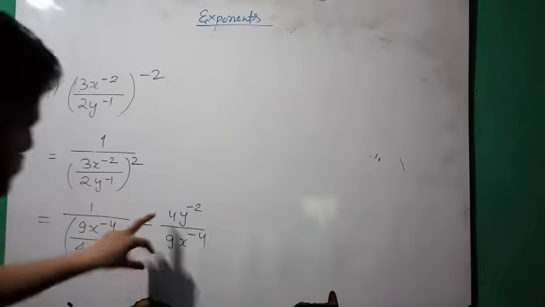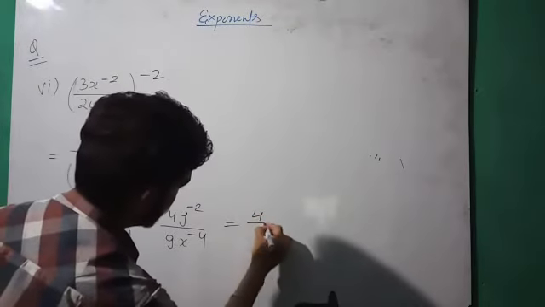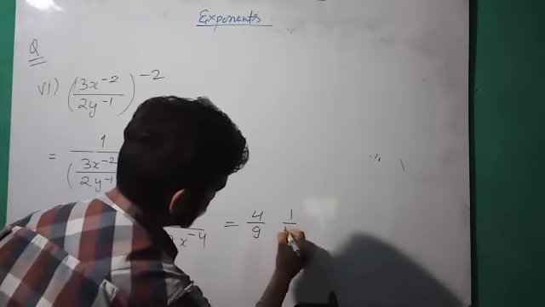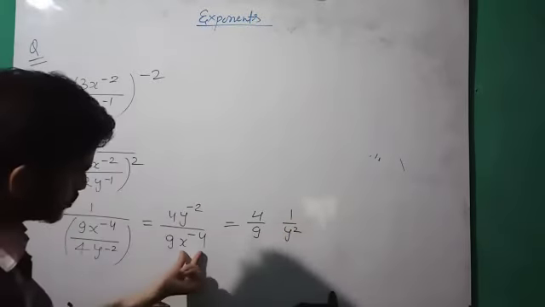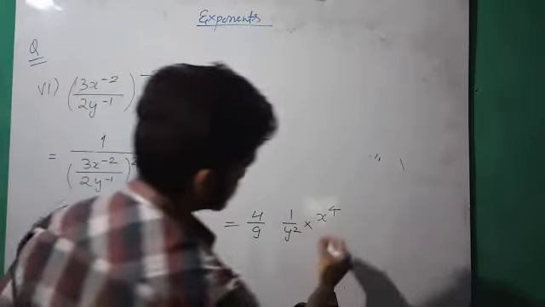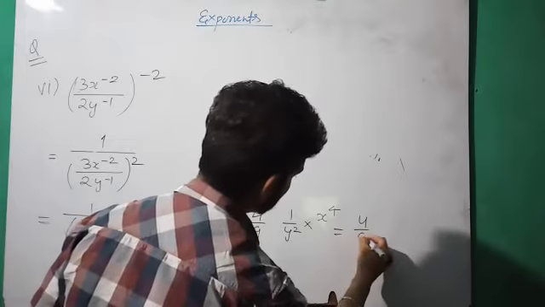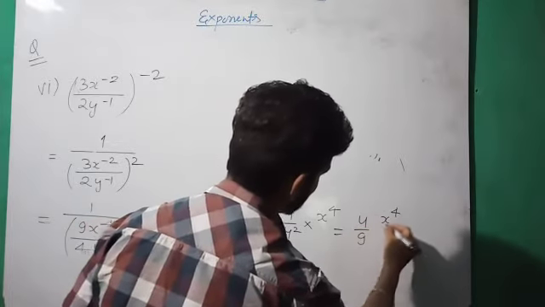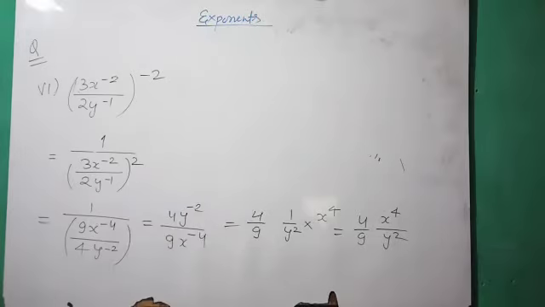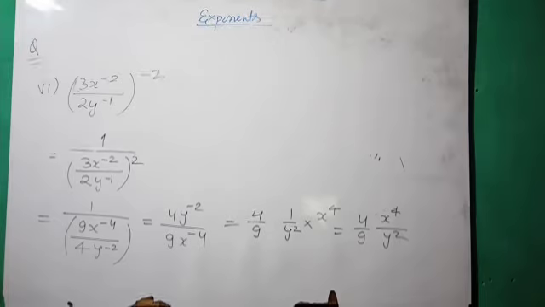Now 4 upon 9 in numerical form, and y to the power minus 2 is written as 1 upon y to the power 2, and x to the power minus 4 is written as x to the power 4. So our final answer is 4 x to the power 4 upon 9 y to the power 2. So this is our final answer. Next,